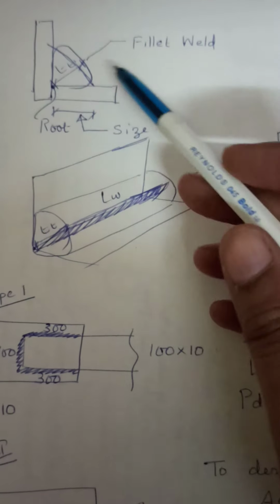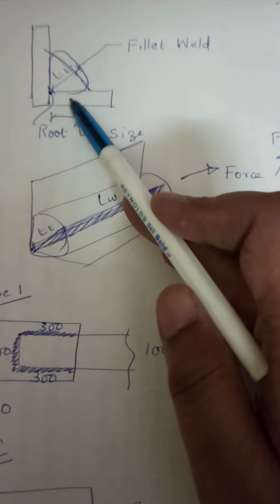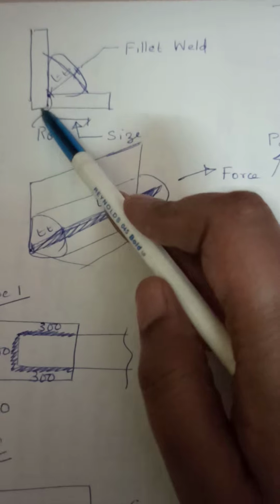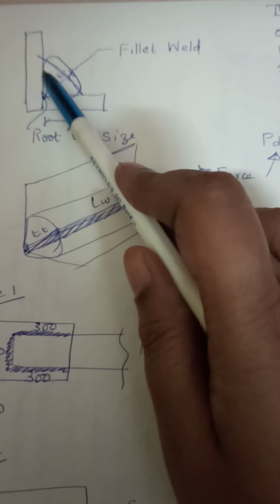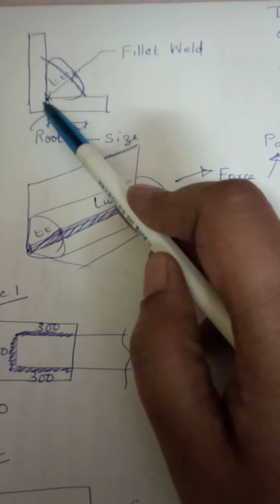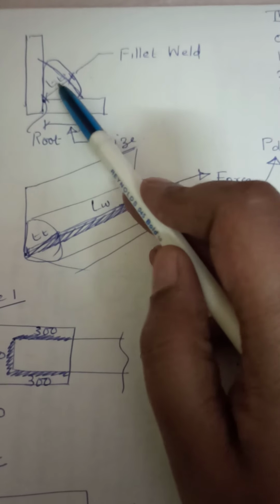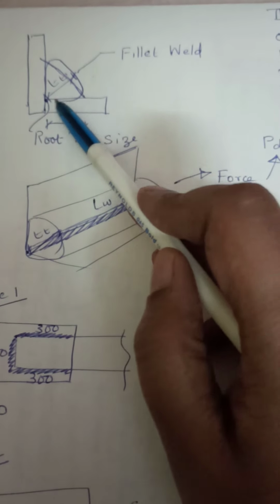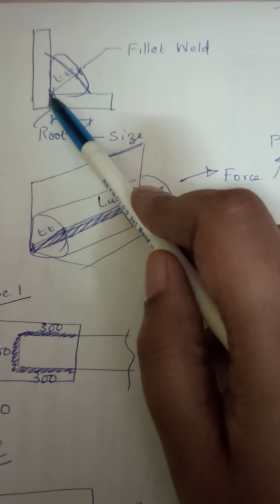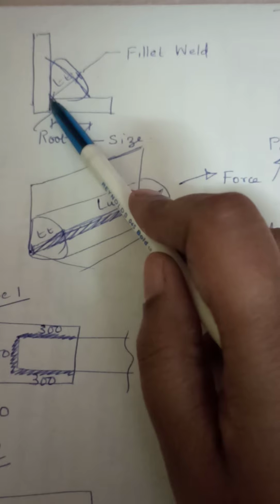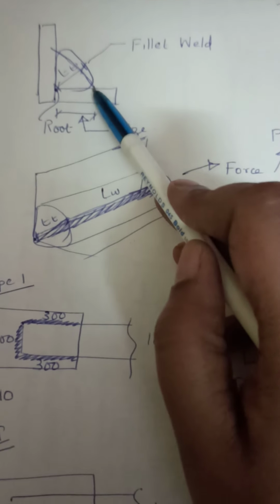So today let's have a discussion on welded joints. These are the two plates to be connected with a perpendicular connection, and we consider a fillet weld for joining these two plates. A fillet weld is usually triangular in section, and this point is called the root of the weld, and the length of the weld along the plate from the root to this point is